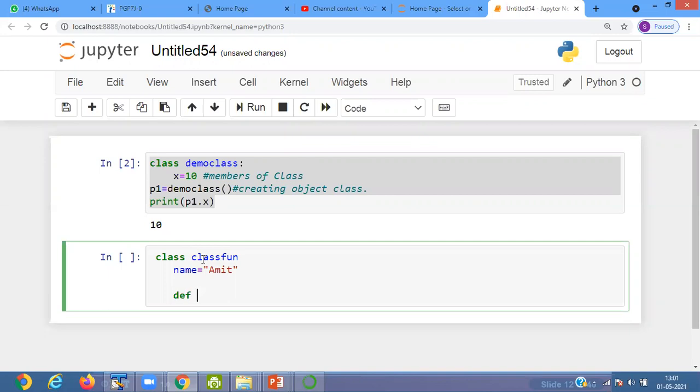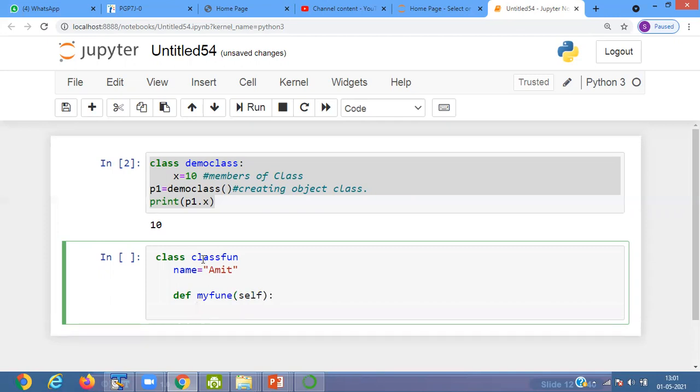Then we define a function with def, your name is, for calling Amit.